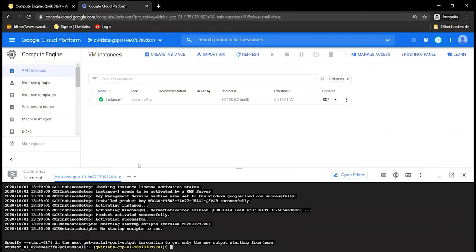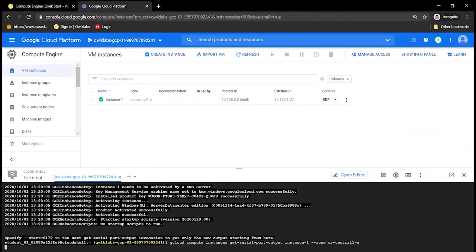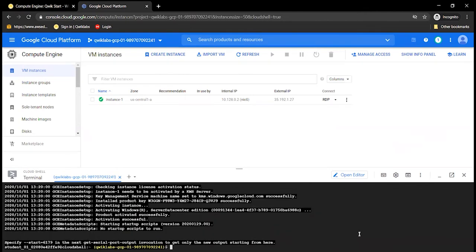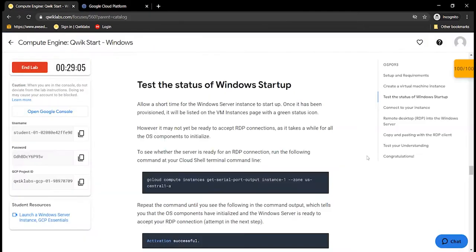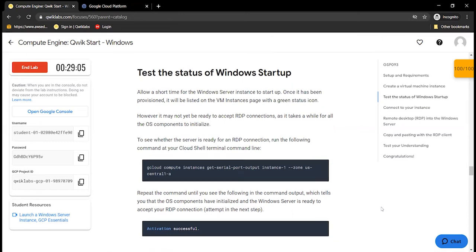And this command needs to be executed until we get the activation successful command. And yeah, we got it already as activation successful. And continuing to the next step,